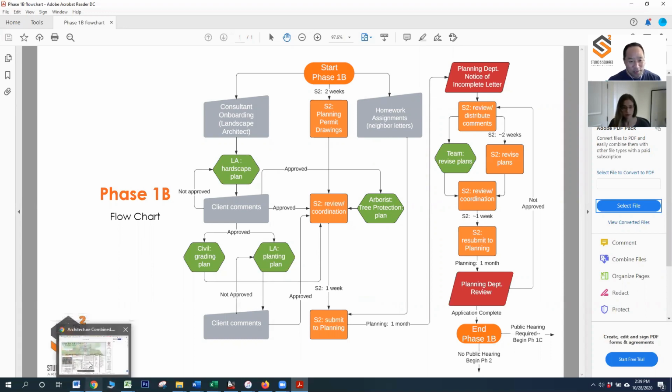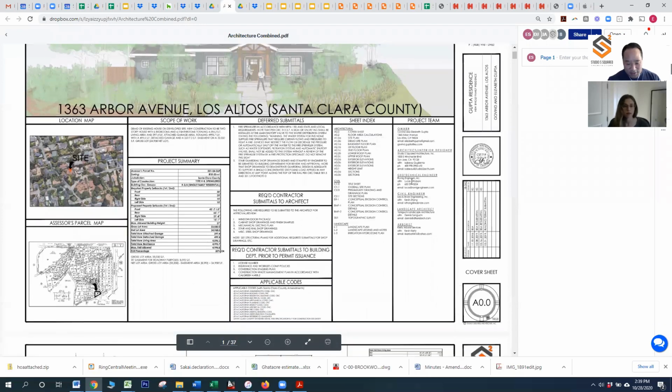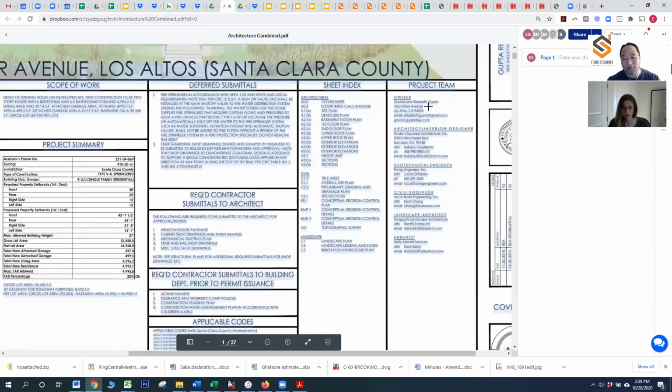We're going to show you very briefly what a completed planning submittal package looks like. This was for a project we did, I think in 2017, 2018, for a project in Los Altos in the unincorporated area. So that's why the actual governing jurisdiction was Santa Clara County. But as Isabeau mentioned, it's not just the architecture plans that get submitted. As you can see, if I zoom in a little bit here, we have various professionals involved at this early stage. The architect, the geotechnical engineer, the civil engineer, landscape architect, and arborist,